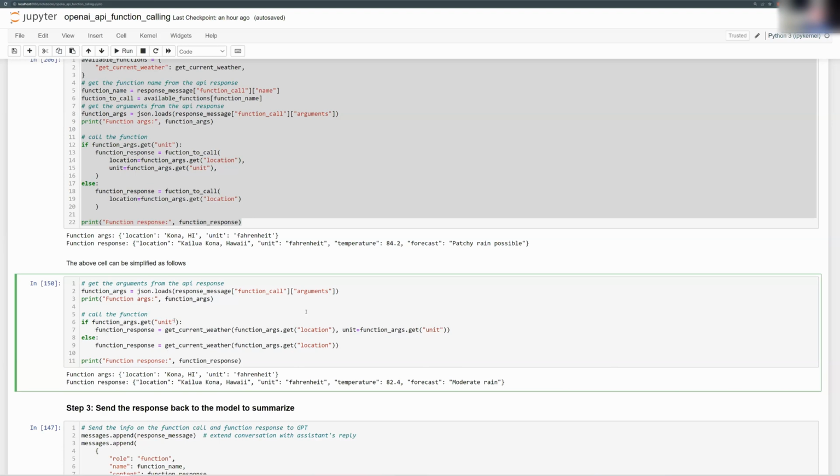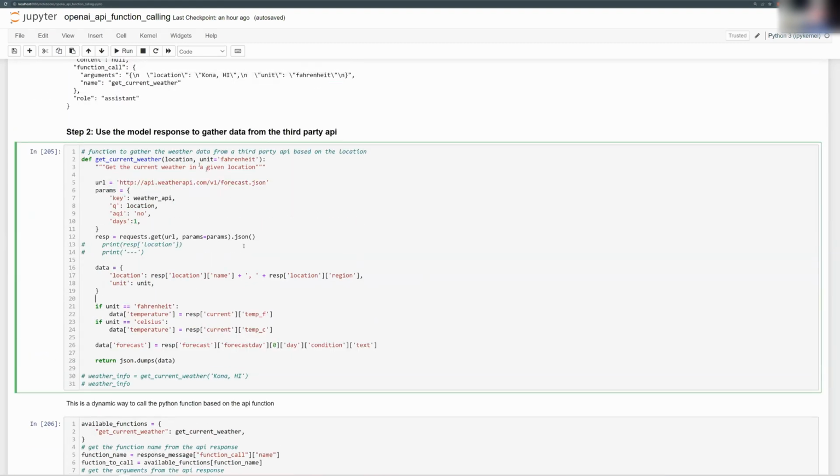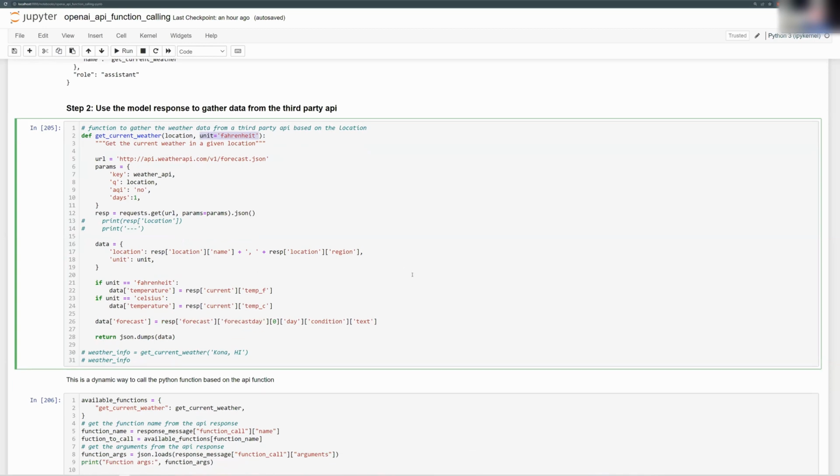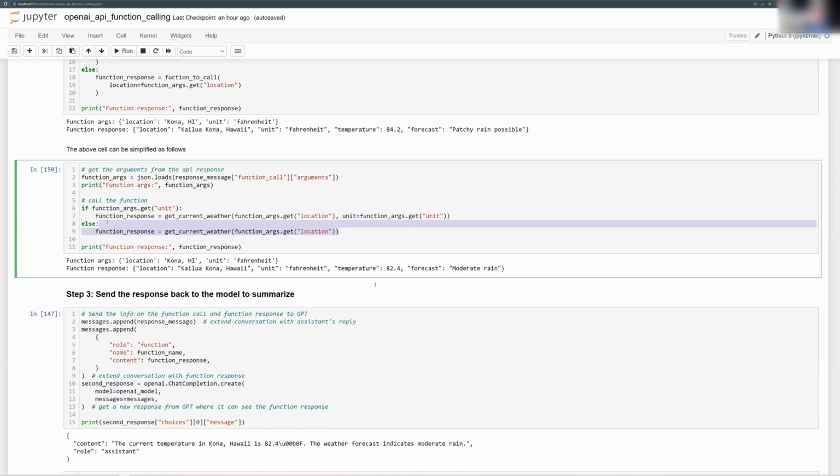If I have a unit, I'm going to pass both location and the unit. And if I don't have a unit, I am passing just the location to my function, right? And if you see the function definition, I have the unit set up as Fahrenheit by default. So this way in here,